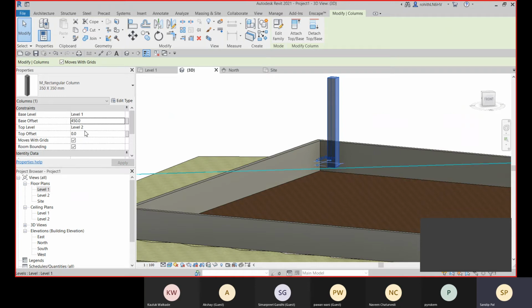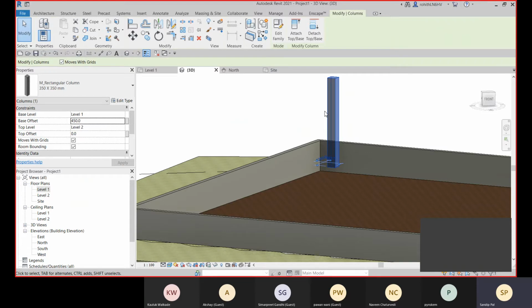If there is any floor over there, or the slab is there, or the beam is there, you need to give it a minus top offset, right? Do you understand about this base offset and top offset when you need to provide? Yes. Okay, so these kinds of options you need to provide. You have to be careful about providing all this, otherwise you will create the model which will clash with other elements.